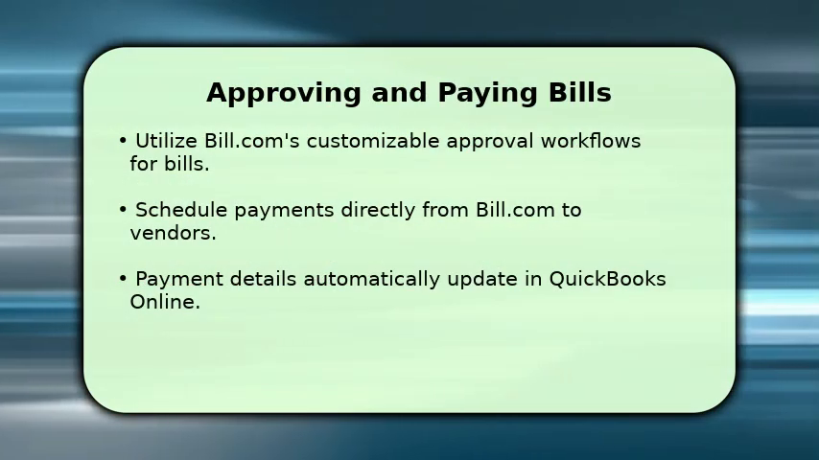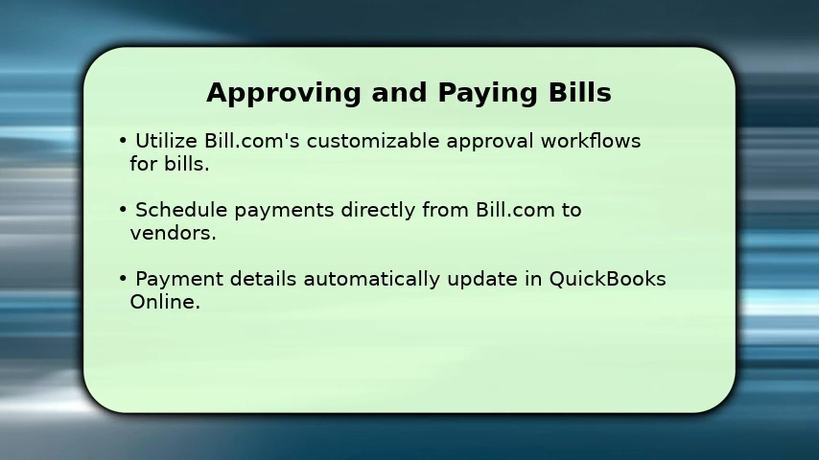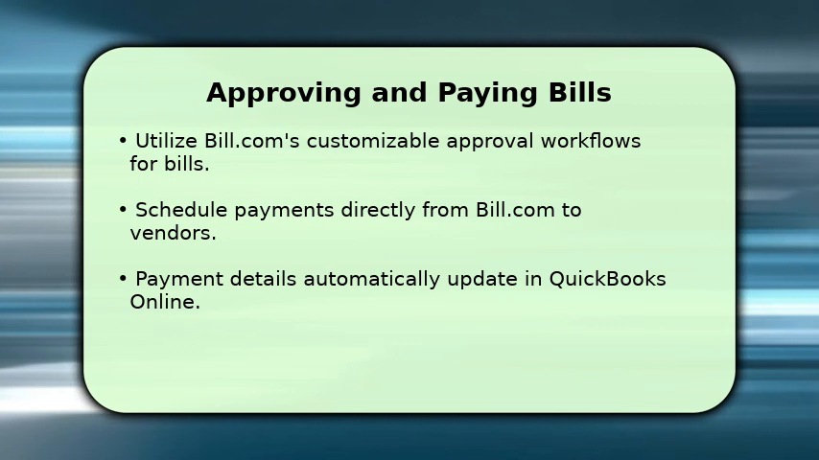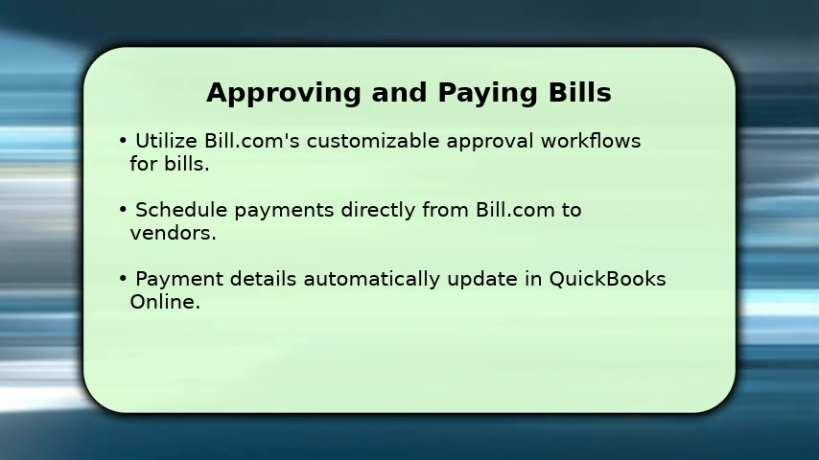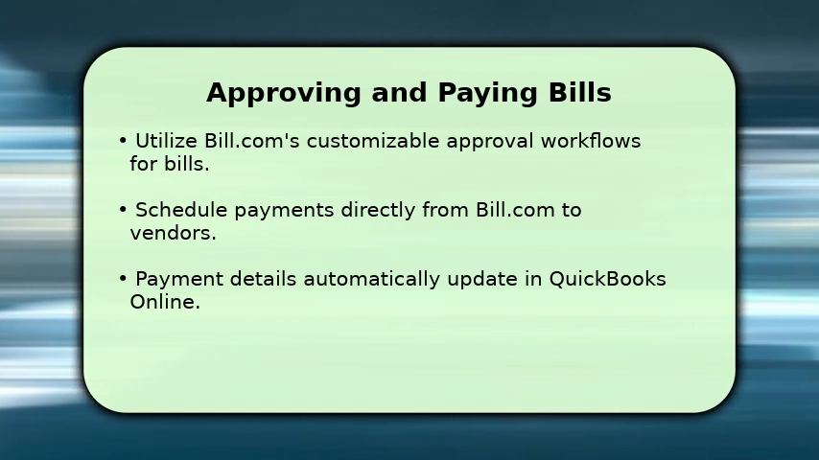Bill.com offers robust approval workflows, allowing you to set up specific routes for different bill amounts or departments. Once a bill is approved, you can schedule payments directly within the platform. Choose your preferred payment method, like ACH or check, and Bill.com handles the disbursement. All payment statuses and cleared transactions are then automatically recorded in QuickBooks Online, providing a complete financial picture without manual